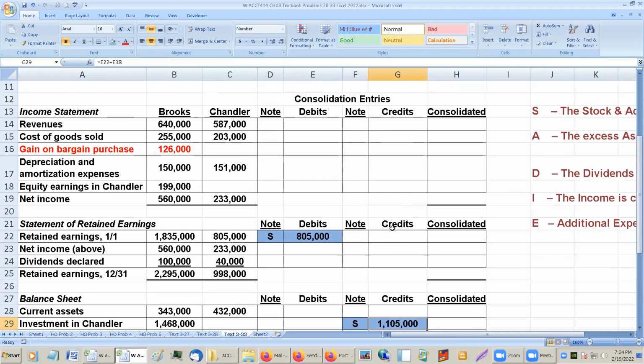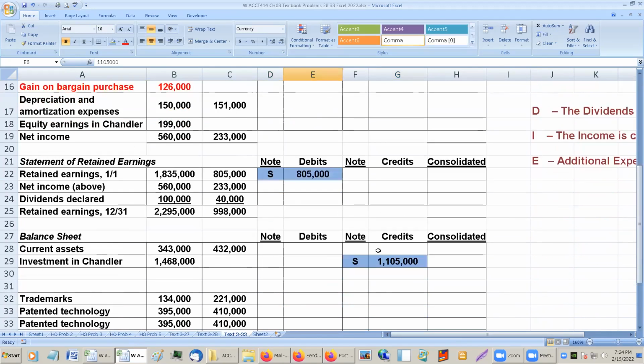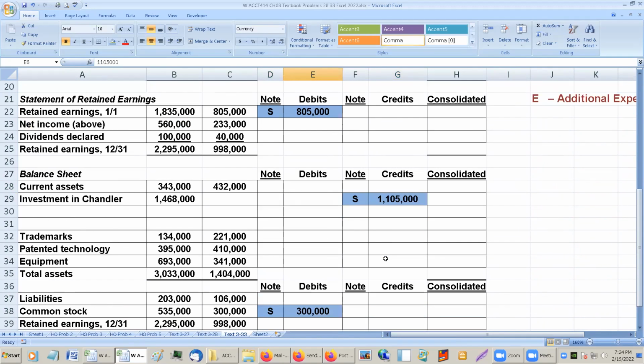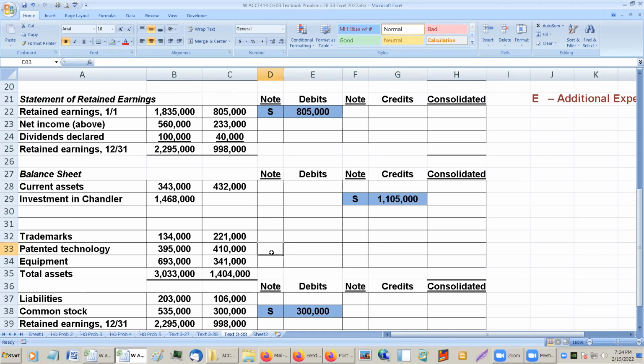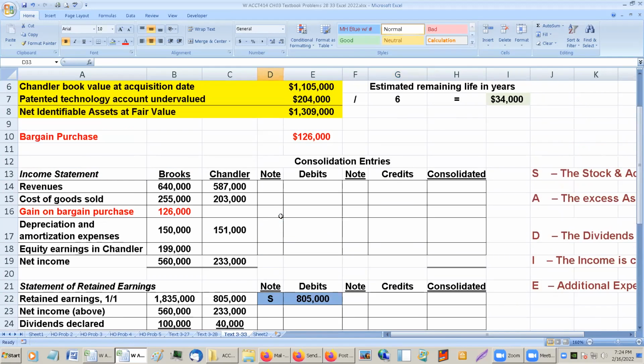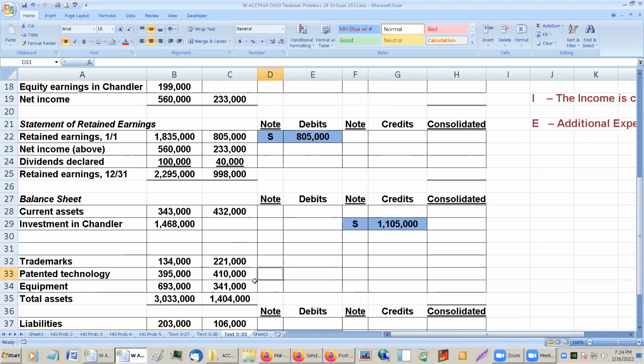Okay, so that's 105,000. Actually, that should be the same as, yeah, that's that 105,000. That's the book value of it at acquisition. Okay, assets. We have patent technology account undervalued. So, okay, so we have to